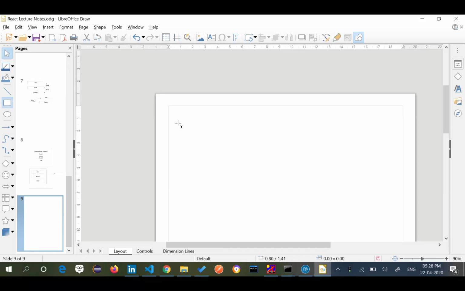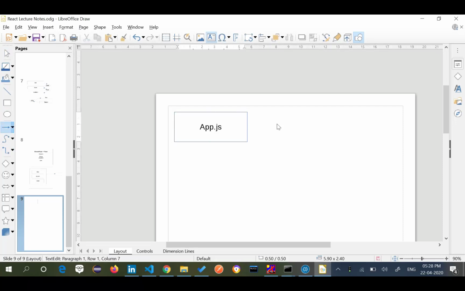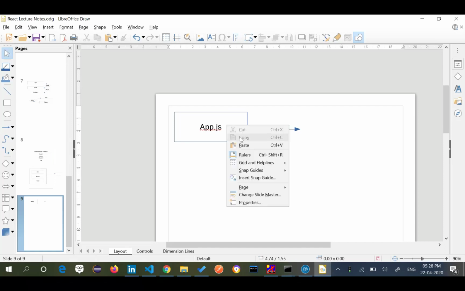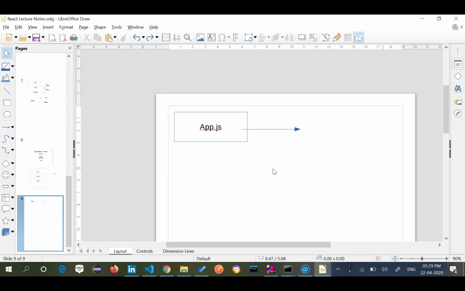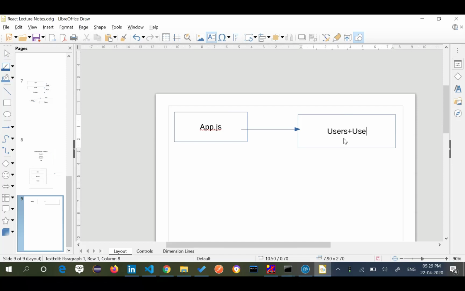So what is happening from your app.js, you load up my app.js, I load users plus user item.js, and from user item.js now I pass the data.